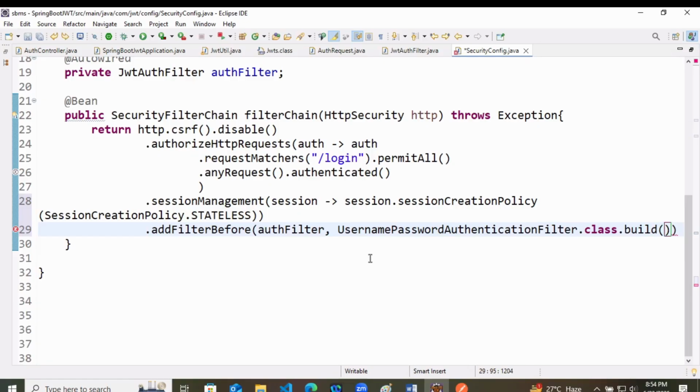Something error is there. Add filter before auth filter, username password authentication filter dot class. There is some error.